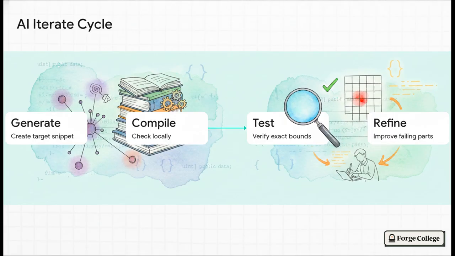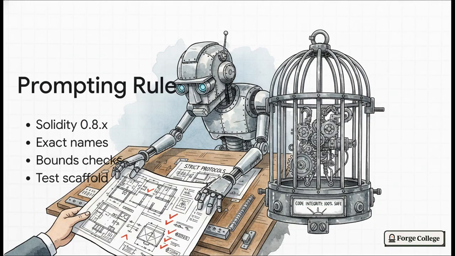No way. You work in cycles. Step 1. Generate a candidate snippet. Step 2. Compile it locally. Step 3. Run a unit test against it to catch nasty stuff like out-of-bounds errors. And Step 4. Refine the code by feeding any of those failing tests straight back to the AI. Generate, compile, test, refine. To actually get good results, you've got to be a bit bossy with your prompts to